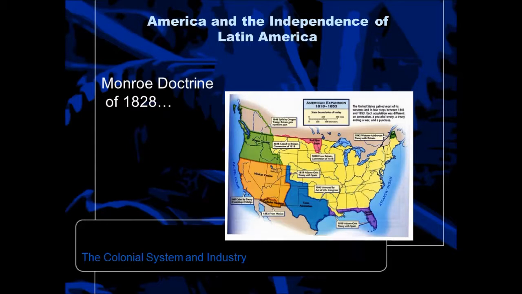And basically the doctrine stated that the Americas were closed to colonization. The Americas now, North and South America, closed to colonization, and specifically named the United States as the protector of Latin America. It also recognized the independence of Latin American nations. So we suddenly, in 1828, become the guardian of all of Latin America, and sort of we put ourselves in that situation of Big Brother. You know, if you come to invade Latin America, it's going to mean a war with North America. So we kind of took it upon ourselves to be their babysitter.